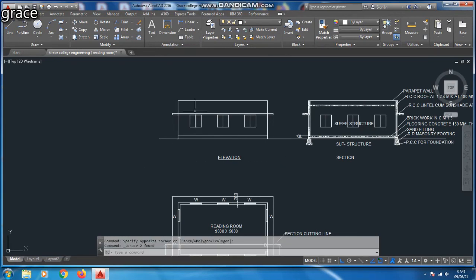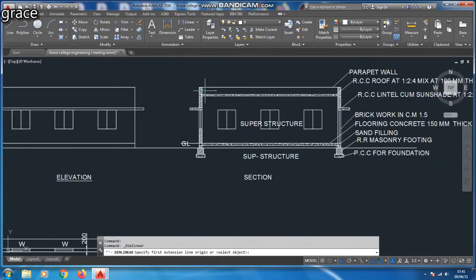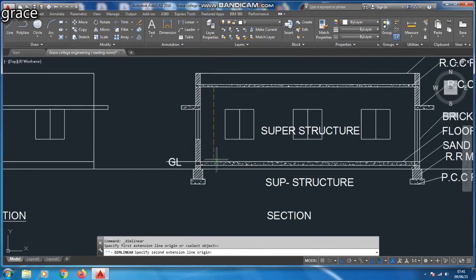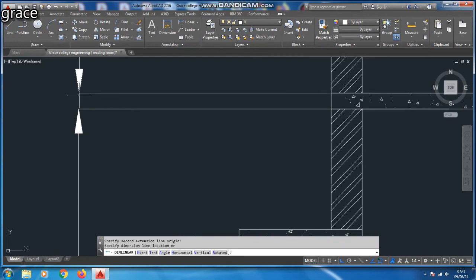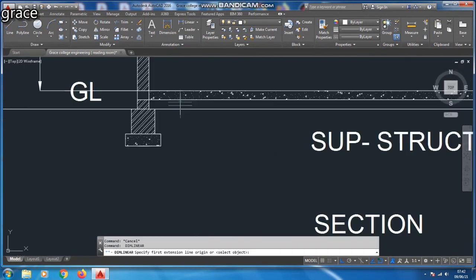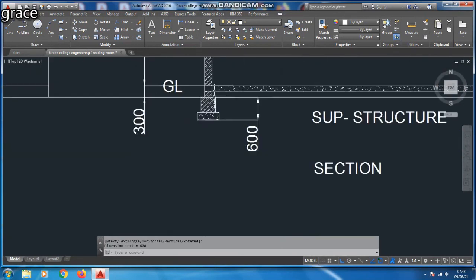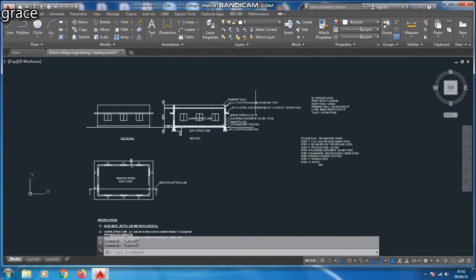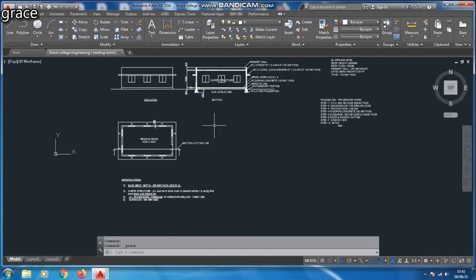So here we are completing our plan, section and elevation for our given reading room. So don't forget to mention the dimensions in our diagram. So we already discussed the dimensions in our diagram. So this is the full diagram for our load bearing structure. Thank you.